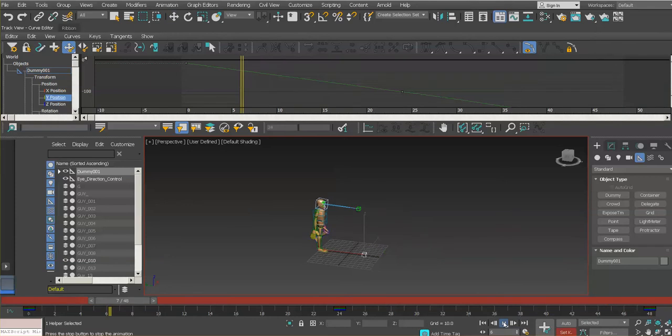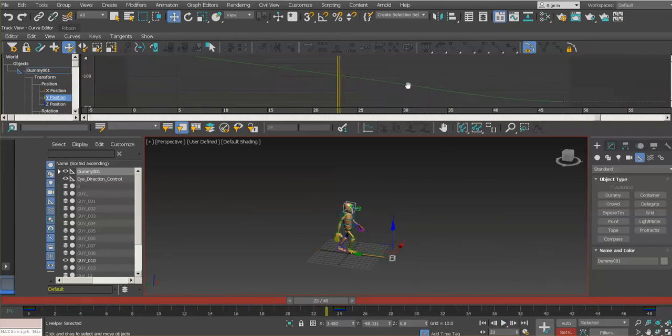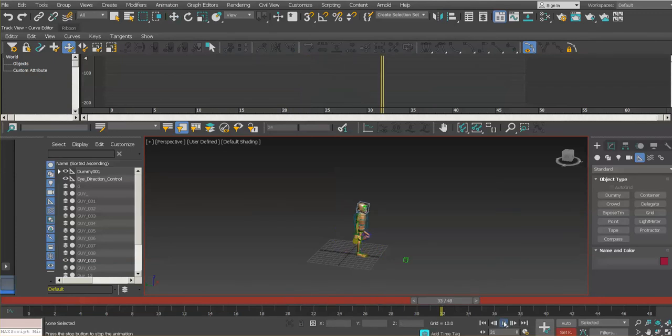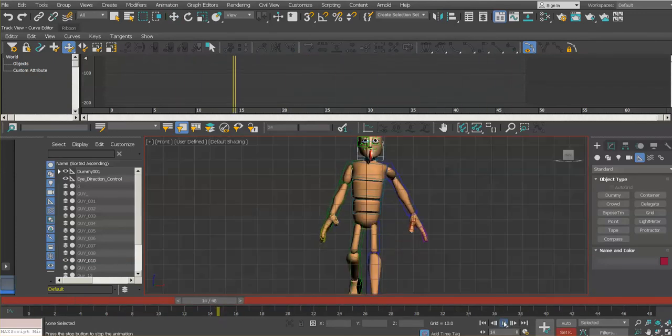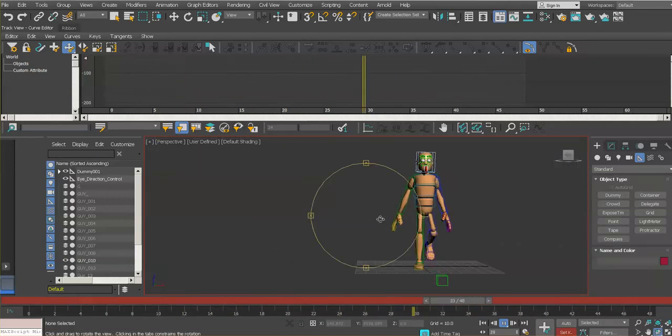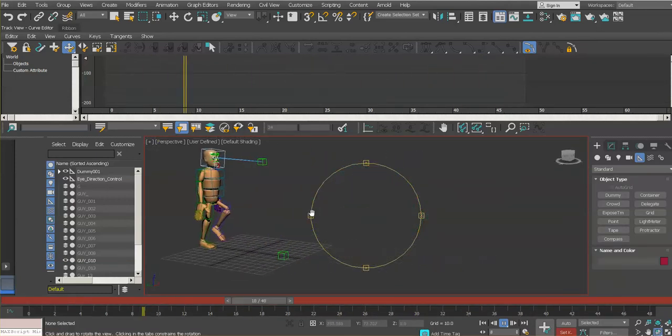So let's see how it looks. It looks decent, I think, and we'll have to edit the feet a little bit more. Remember, our tangents once again were changed, and now we have a little bit of a curve on this one, so let's set them back again to linear, okay, because we need to do that just once if you do the first and last key. And let's test it. Oops, sorry, I changed the viewport by accident. So I think it looks